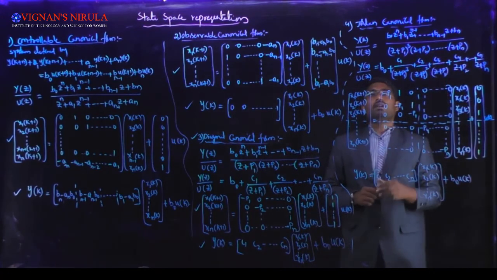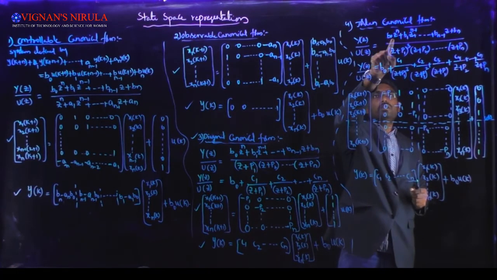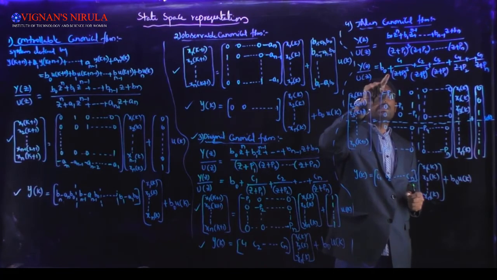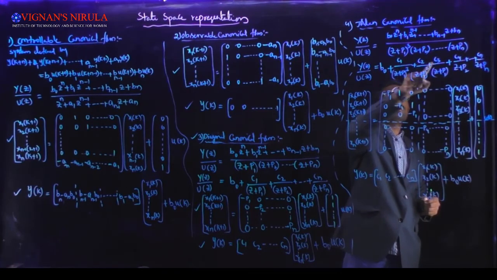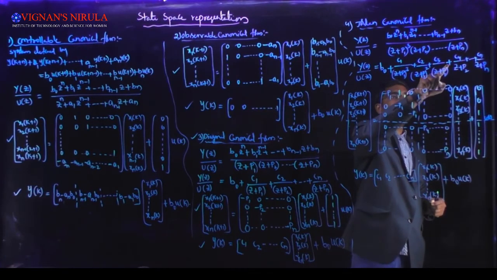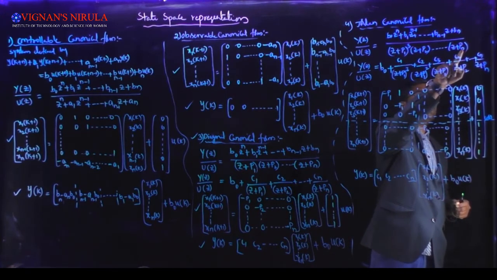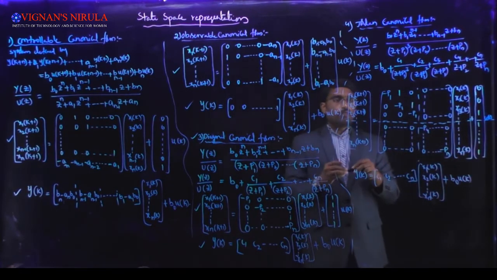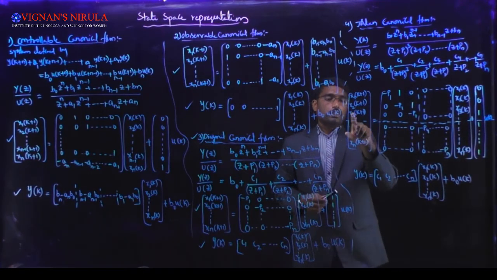So for this, how to get the partial fractions: y of z by u of z equals b0, you will get b0 here, plus c1 by z plus p1 whole cube, plus c2 by z plus p1 whole square, plus c3 by z plus p1, plus c4 by z plus p2, plus so on, plus cn by z plus pn. After finding these values c1, c2 and so on, how to write the state equation and output equation: x1 of k plus 1, x2 of k plus 1, x3 of k plus 1, and so on, xn of k plus 1 equals to